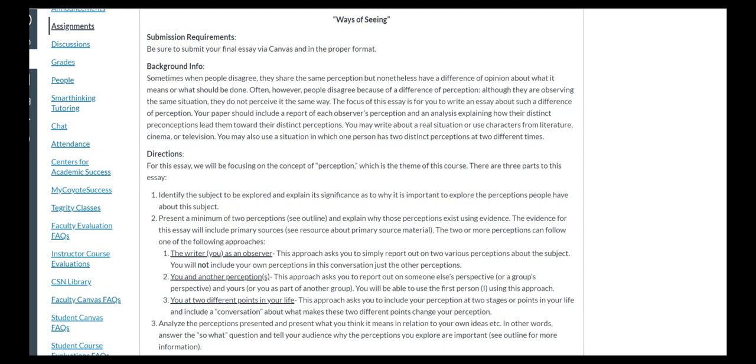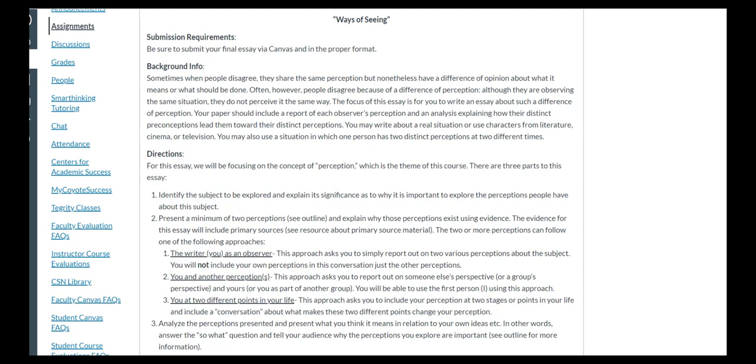So I'm going to start by saying that there is no right or wrong answer with this essay. This is an exploratory essay, which means we are not prepared to argue just yet. So if you are already thinking about a topic you have in mind, or if you have written a paper before about a particular topic and you're trying to make it fit in this essay, I can assure you it will not work. We are not trying to come up with solutions or answers or make positions or stances just yet. The goal and rationale of this assignment is to take a step back and to begin to observe,